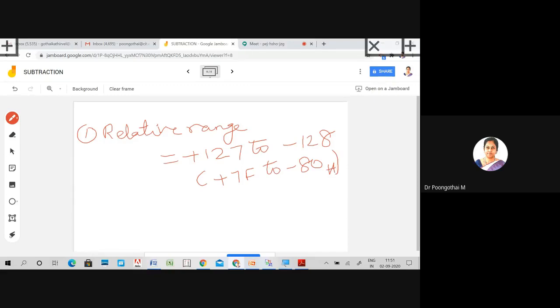So jump within plus or minus 128 bytes from the jump instruction. It can be a forward jump or a reverse jump. So it can perform both forward jump and reverse jump. The target address must be within minus 128 to plus 127 bytes of the content of the program counter.